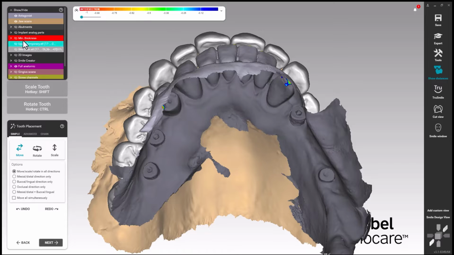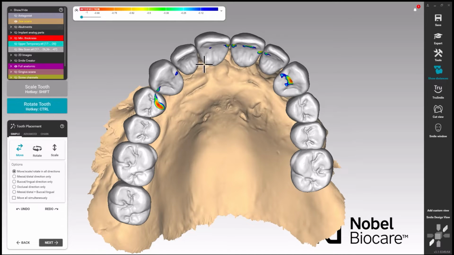Okay, so just by using our tools, we can rotate and move things around. I always have the show distance on so that I can see where my bite is hitting, where it's hitting heavy, and this is where kind of the pretty fun stuff goes